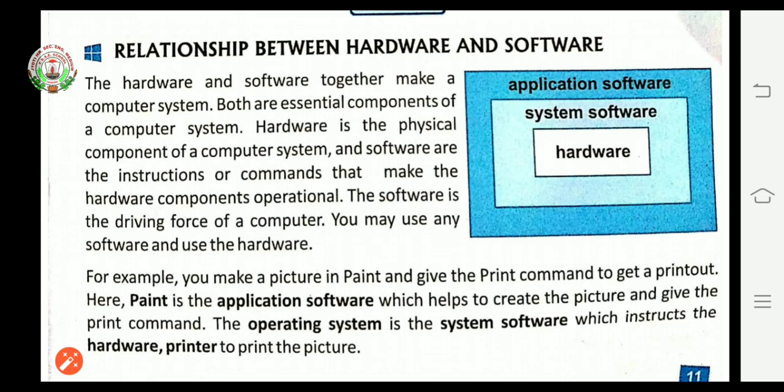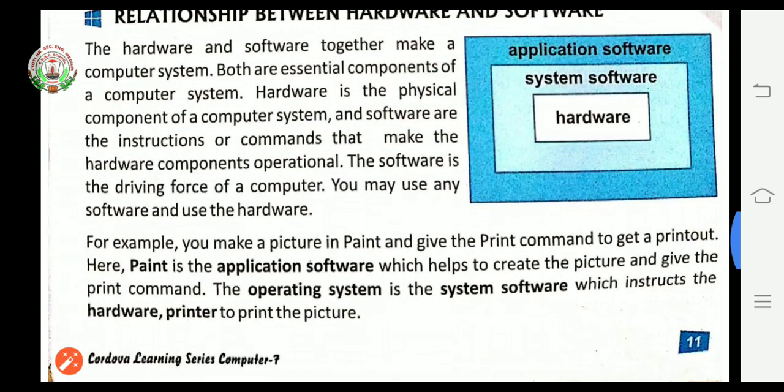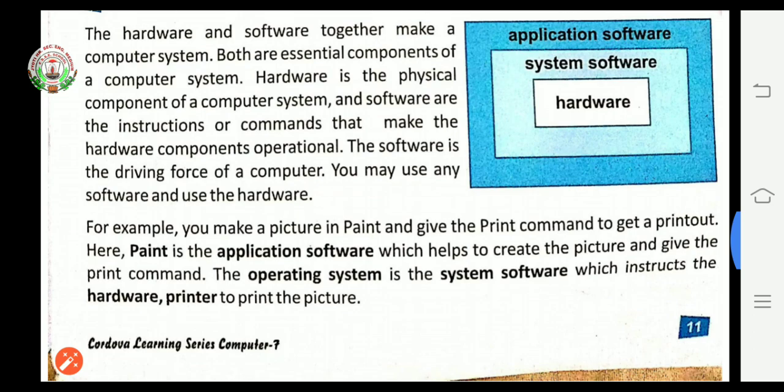Software does not have physical existence; we cannot see or touch instructions or commands. This software makes the hardware components work. The software is the driving force of a computer, the main power on which the computer works.